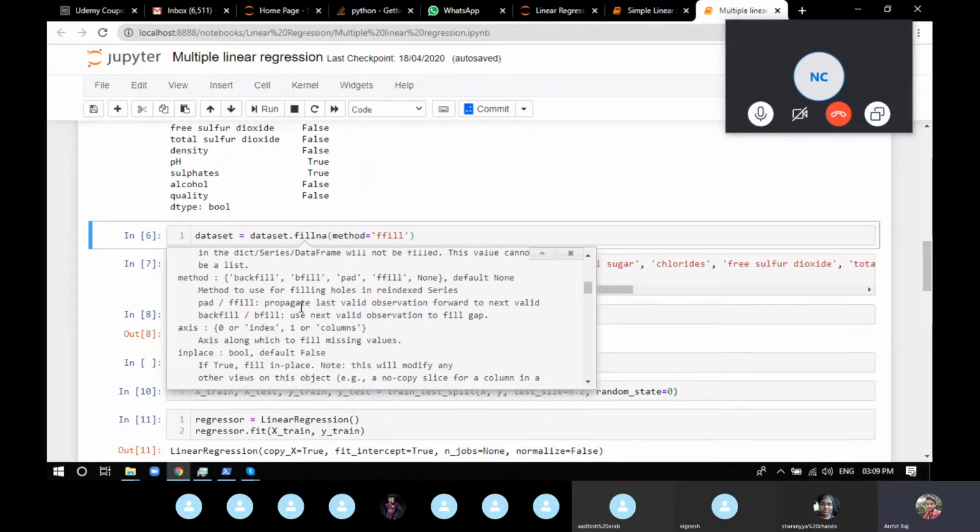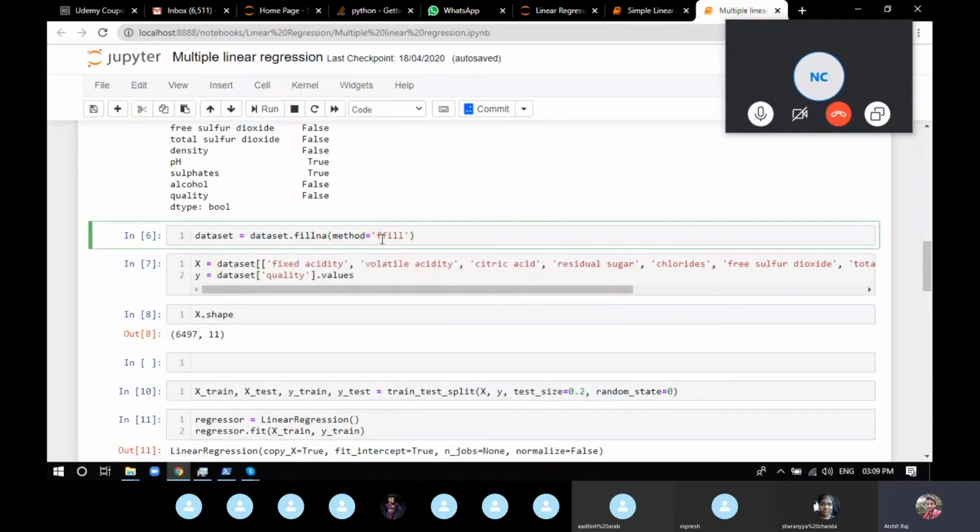This is ffill, known as forward fill. There's bfill, which is backward fill. So when we're not considering the filling of missing values as a really important thing, you can just use some inbuilt functions to complete your work.